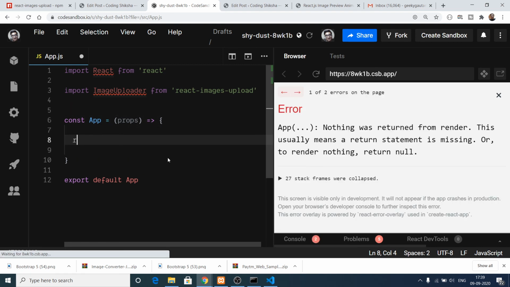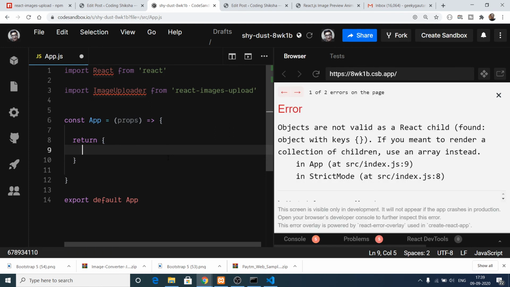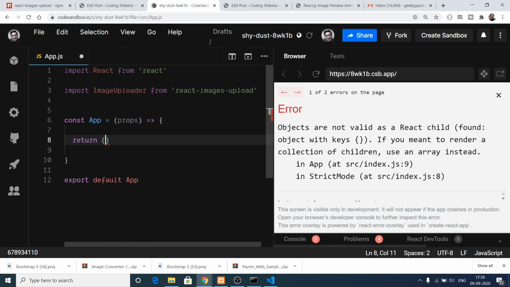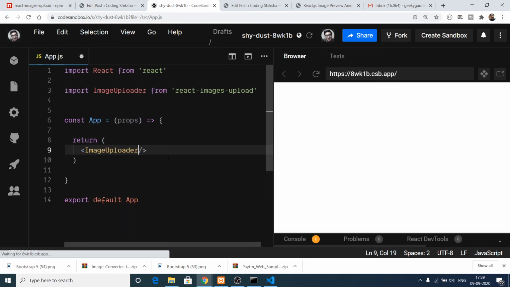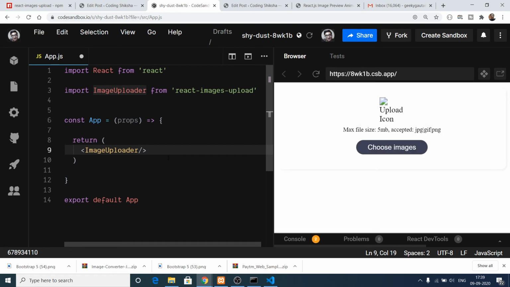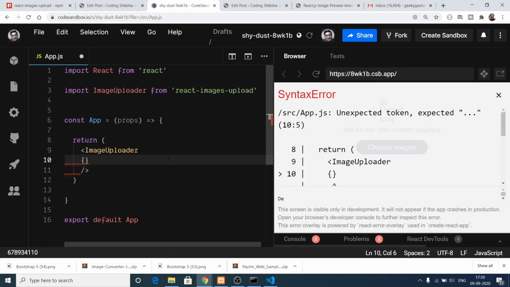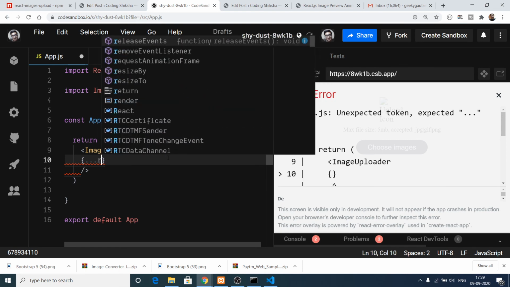So what we can do is, inside this return statement, let me just show you. Inside this return, we will need parentheses, not curly brackets. Inside this we will include ImageUploader. One thing we need to pass is the props like this, inside curly brackets, dot dot dot props, which we are receiving here.